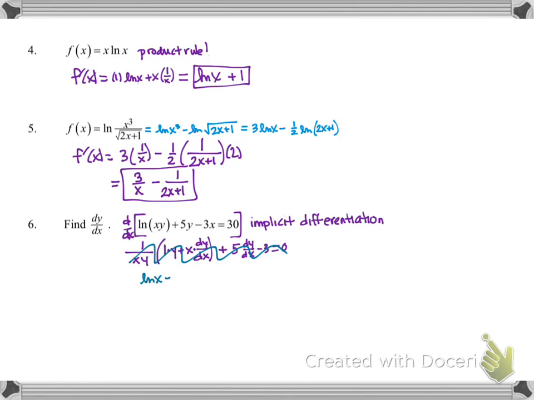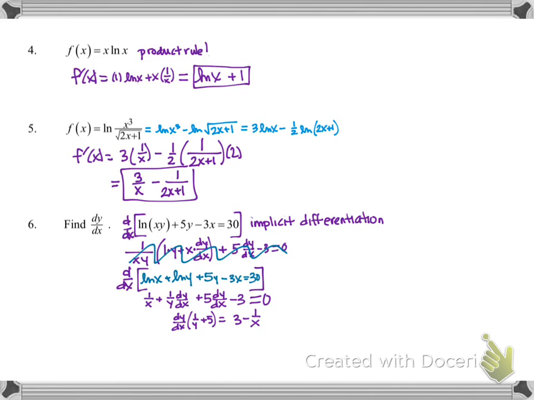So I'm actually going to scrap that and use that property that we used up above to expand the natural log of xy to the natural log of x plus the natural log of y. Notice this is now back to the original expression. That's not a derivative anymore. Now I'm going to take the derivative of that, much easier to take. So we got 1 over x plus 1 over y dy/dx plus 5 dy/dx minus 3 is equal to 0. Much easier to get dy/dx all by itself by keeping those terms, factoring it out, and then solving by